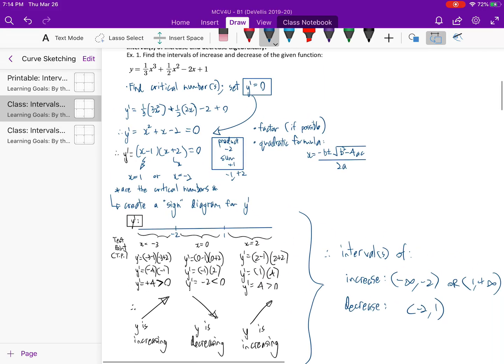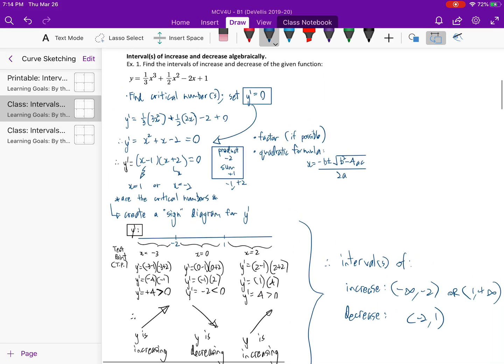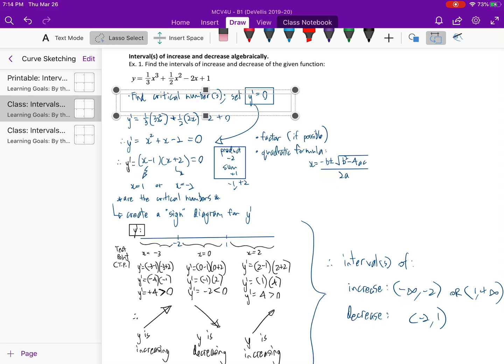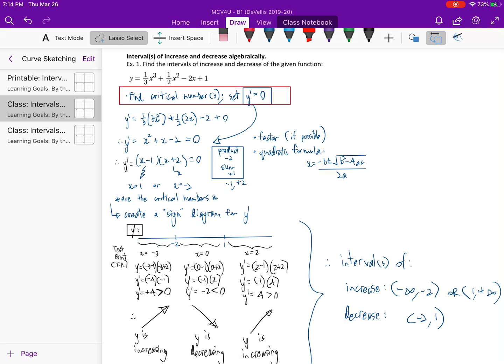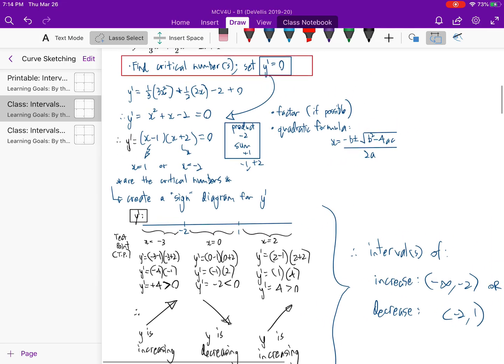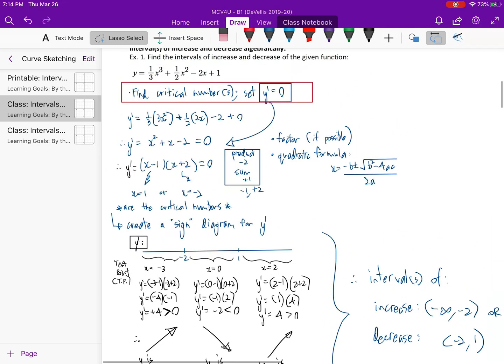Just a quick recap: the first thing we had to do was find the critical number or critical numbers, and that's new, right? That's actually the part of today's success criteria, recognizing that the first derivative is going to give us meaningful information regarding the original function's behavior. So we're actually spending quite a bit of time looking at the first derivative and creating a sign diagram for the first derivative